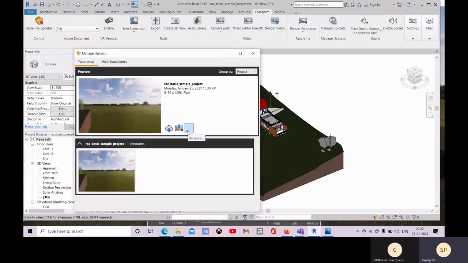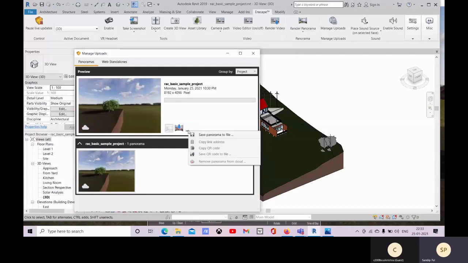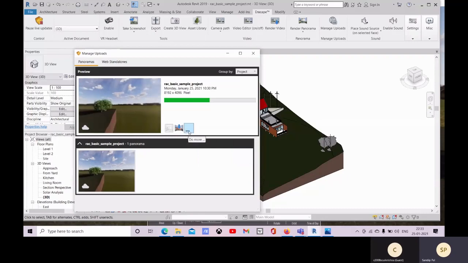So just a minute. You can upload your panorama to the cloud. This is the option. This will be uploaded to the Inkscape website and their server. It will be uploaded, so just wait. This should be completed. And after that, you can generate a QR code. Only after uploading into the cloud can you generate a QR code, and that you can give to